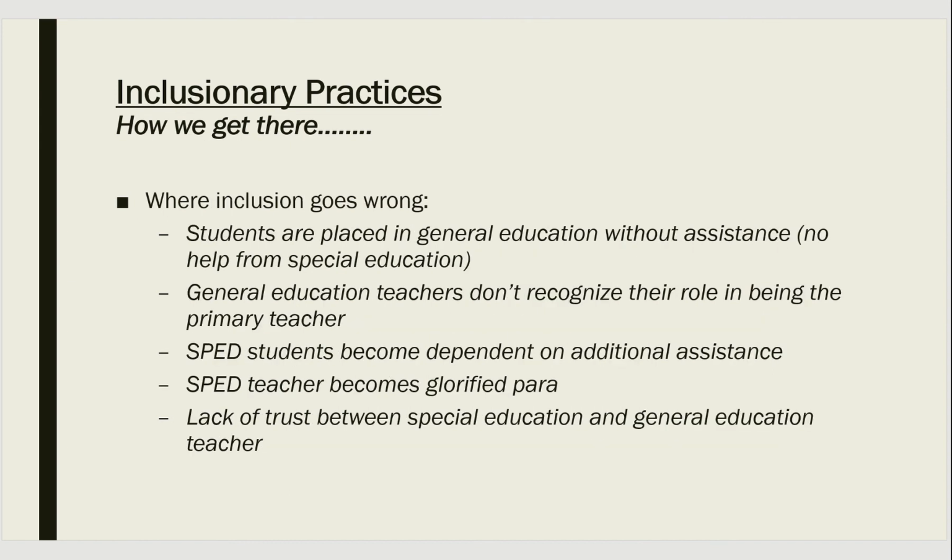So how do we get there? When inclusion goes wrong, students are placed in general ed without assistance and general education teachers, that happens. If anybody listens to this that has had a poor experience, I could tell you it's difficult to overcome that. And typically when we do things wrong, it's because we've placed somebody in there and have not put up the necessary structures and supports and or professional development or training on what that child needs and what the general education teacher's role is. Sometimes we see that the general ed teachers don't recognize their role as being the primary teacher,